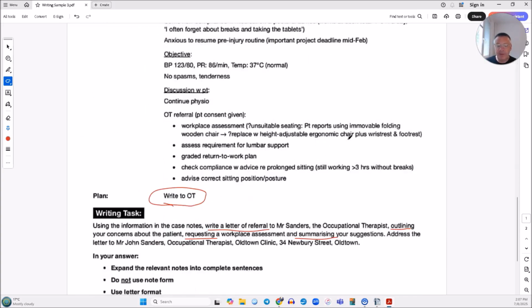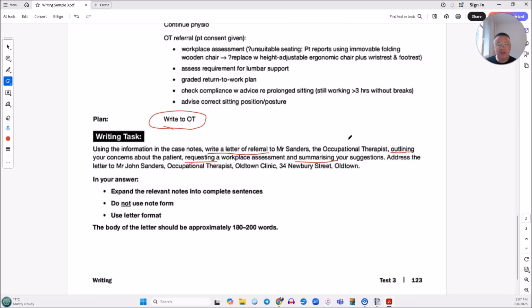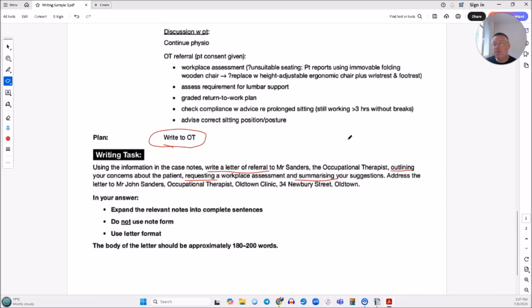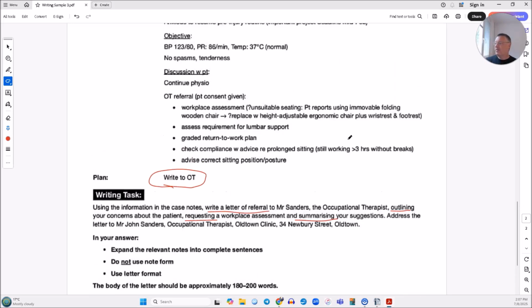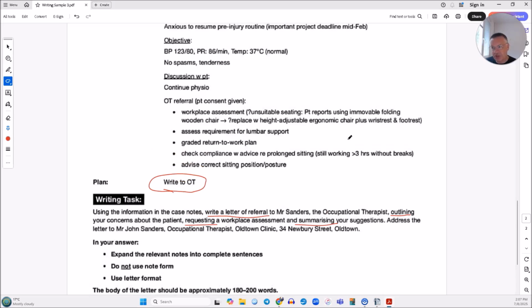I would say something like, Dear Mr. Saunders, I'm writing to request a visit to assess the working conditions. That sounds good. So I will probably say something like, Dear Mr. Saunders, I'm writing to request a home visit to check the working conditions of Mr. Saunders, a 43-year-old graphic designer, as I am concerned about his